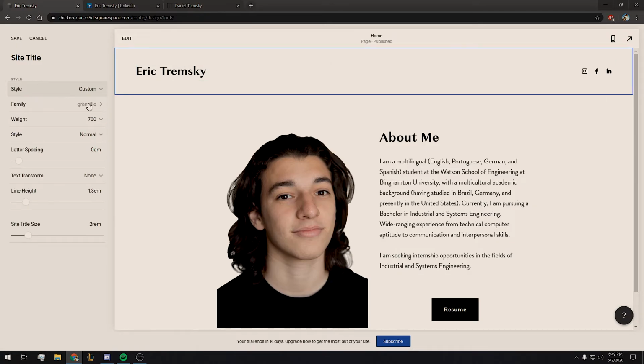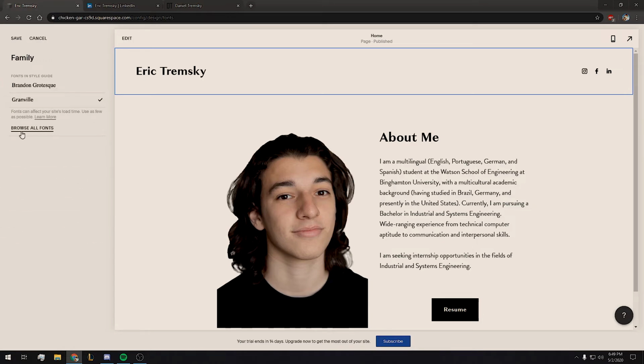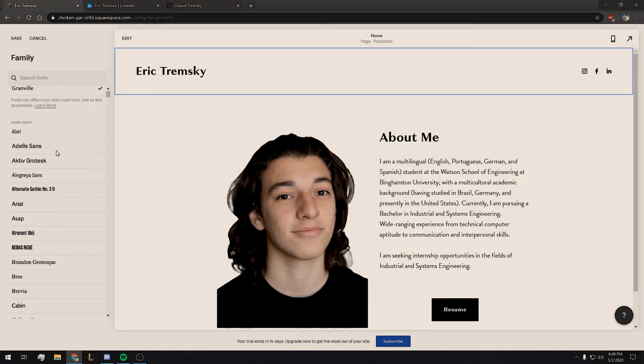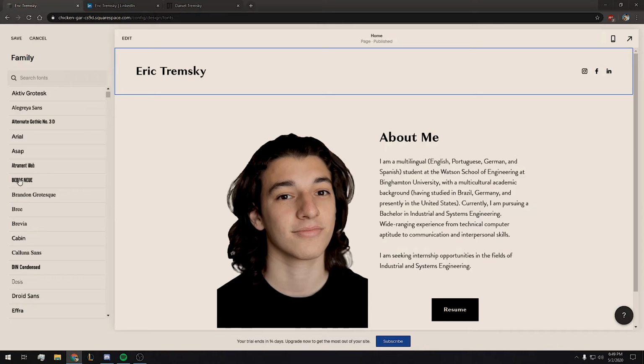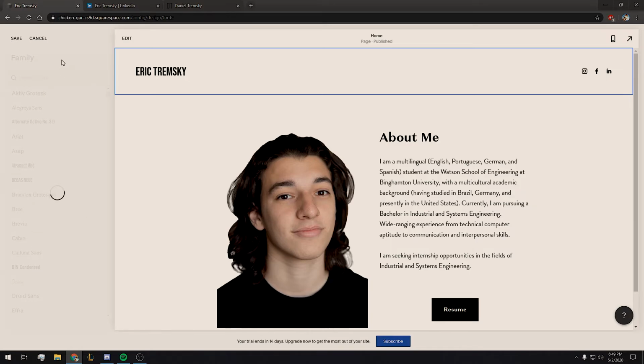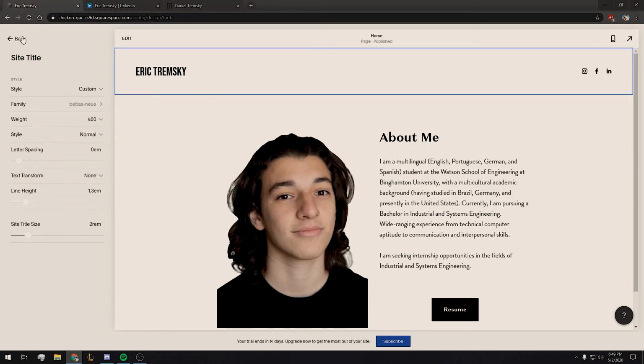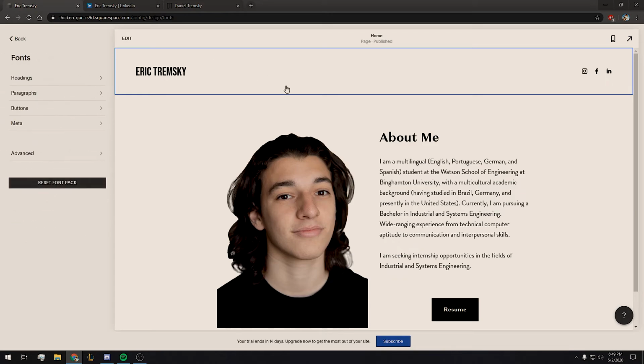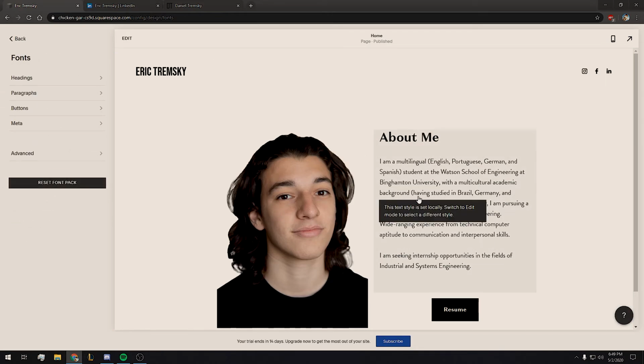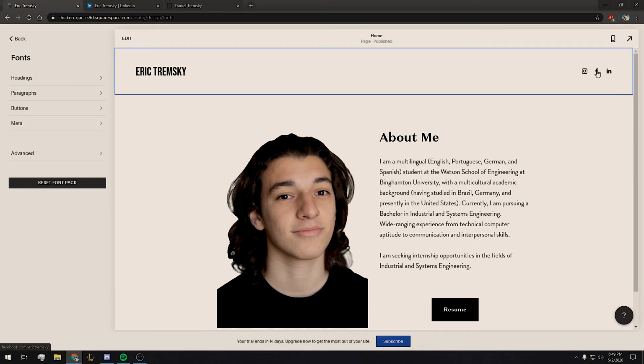And then we're going to go on family, and we're going to pick the font that we want. So by clicking on browse all fonts, I'm going to go with this font right here. It reminds me of the font called Impact, and I'm a big fan of it. We're going to hit save, and that's pretty much it. Within 7 minutes, you're able to create a very simple, straightforward portfolio about yourself. Nothing complicated. You have a picture of yourself and a little bit about yourself with the links to your social